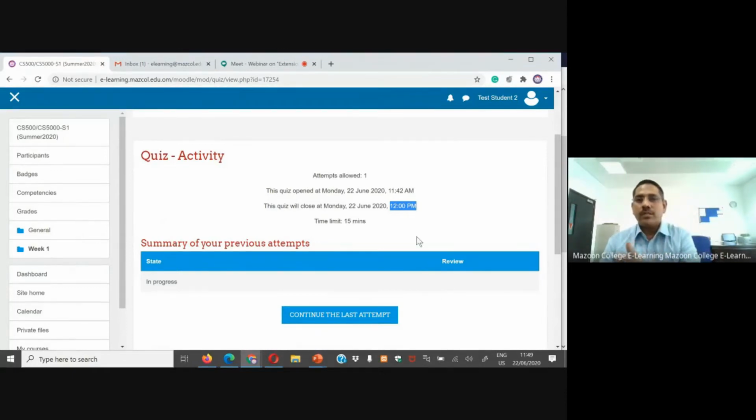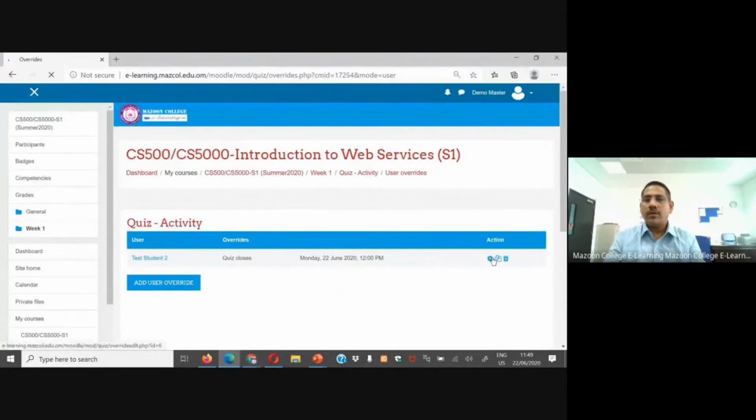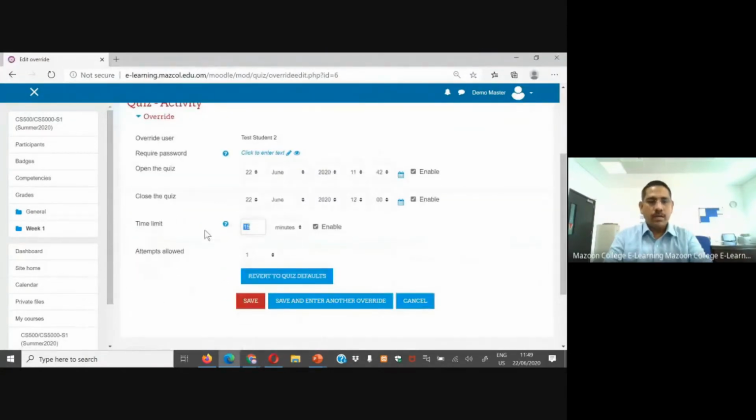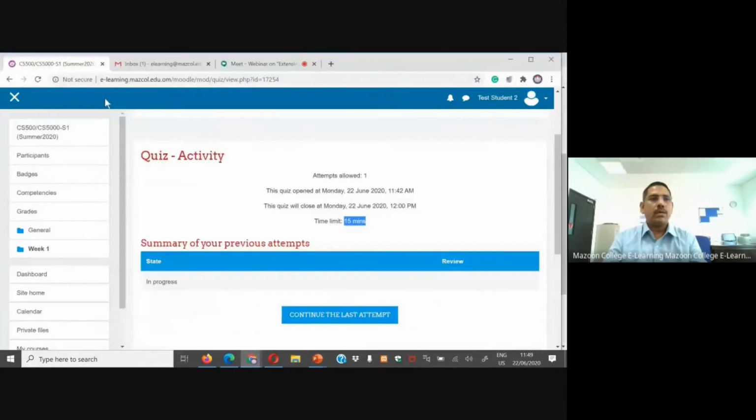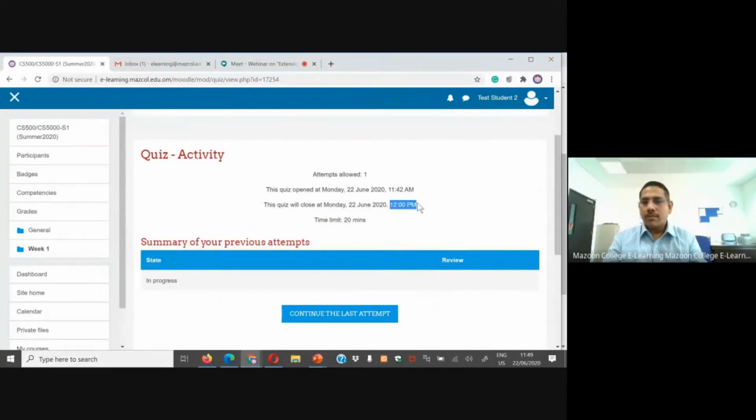Now for this student, time extend. If you want to show it clearly to the student, here also you can change it. Okay, 20 minutes. For example, for this one, I want to change it up to 20 minutes also. No problem, change it. Now go back and see, time limit up to 20 minutes. See the second student, I just refresh it. In the second, the time is extended up to 12 o'clock, and the time limit is extended up to 20 minutes we are giving. But the first student and the third student are still at the 11:55 exam finish time.